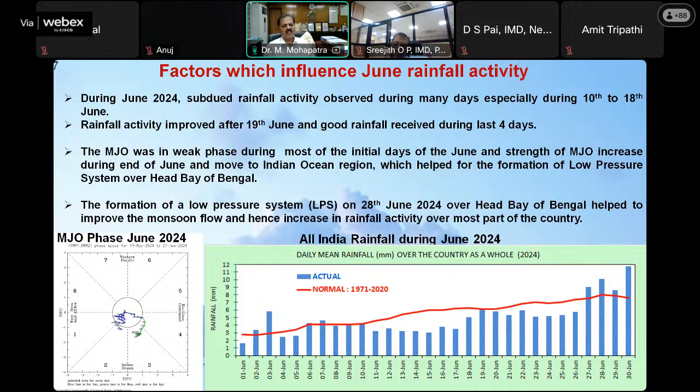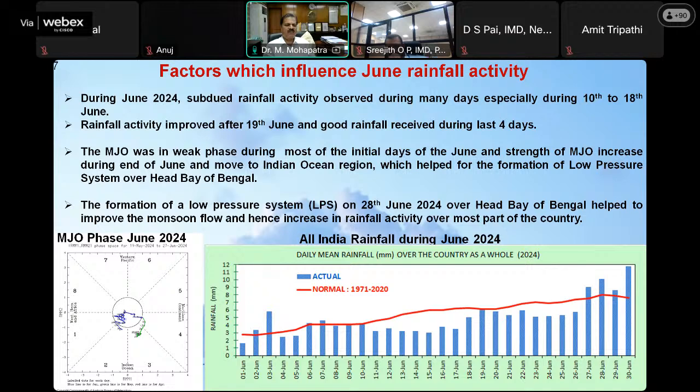The mid-seasonal oscillation, which governs mostly the intra-seasonal oscillation of rainfall activity during monsoon season, was weak during most of the initial days of June. The strength of the mid-seasonal oscillation increased during the end of June and moved to the Indian Ocean region, which helped in the formation of a low pressure area over the Head Bay of Bengal during the last week of June. The low pressure area formed on 28th June, actually it occurred in 27th midnight, over